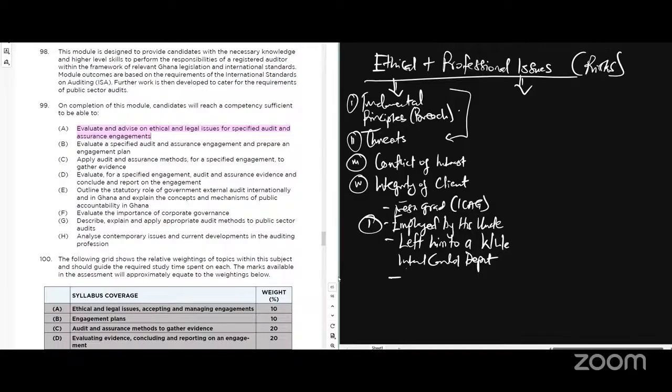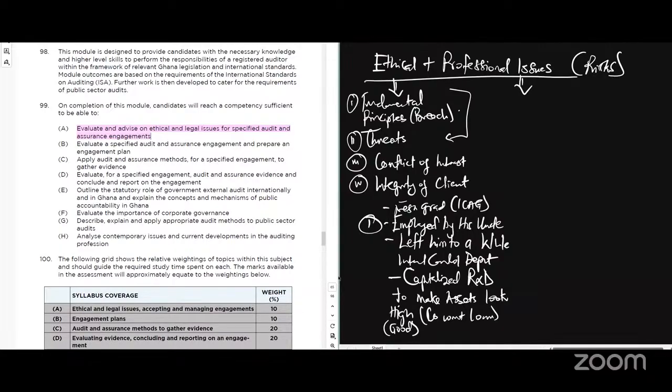So he had a transaction. He capitalized R&D, let's say, to make the assets look high, or big, because they are going for a loan. The company wants a loan, so they want a good asset position. So he capitalized R&D to make the assets look good. So there are so many issues in here.